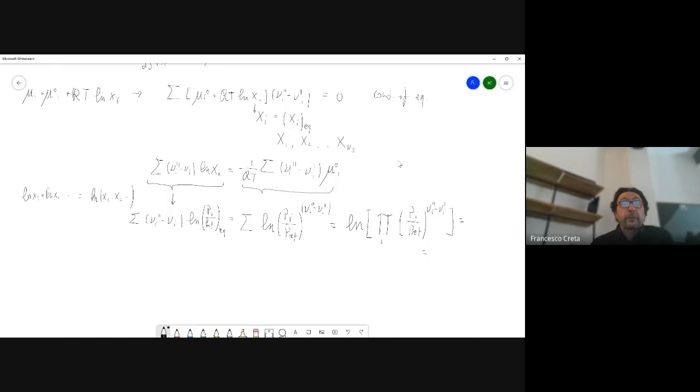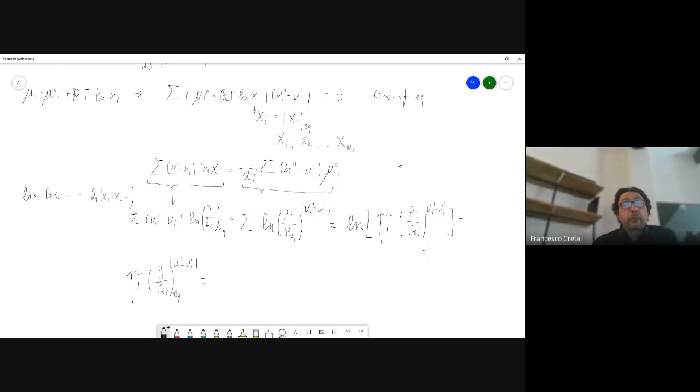So I get rid of this natural logarithm, and I have that the product of the ratio pi over some reference pressure, total pressure, at equilibrium, okay, to the power of the difference in stoichiometric coefficients, okay, is equal to,